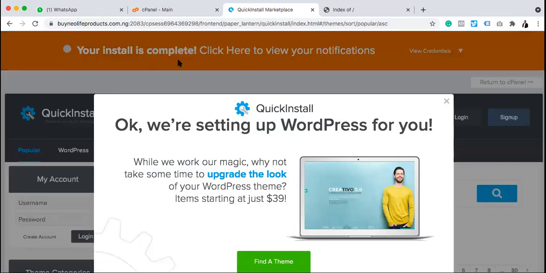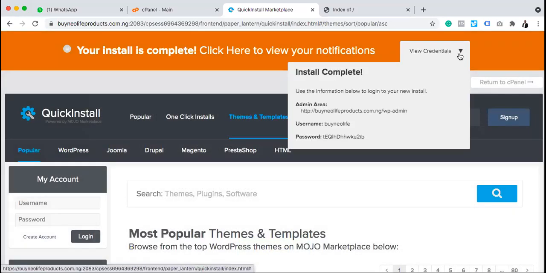It has completed installation. And the email that I input during the installation, the credentials, I mean the username and password, will have been sent to that email. Apart from that, you also have it here. Can you see this place? This is the link to go to the back end where you are going to be building the website, right? This is the username, and this is the system generated password, which is subject to change. At a particular point in time, we are also going to change that. So for now, I'll just copy this instead of going to my email to access it,